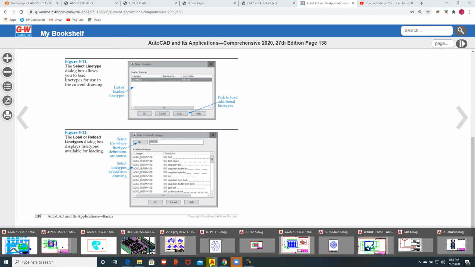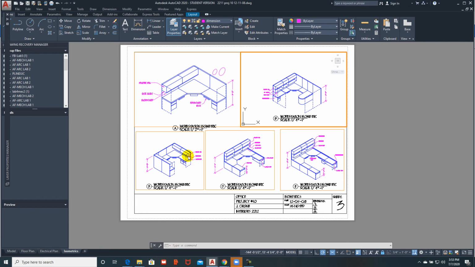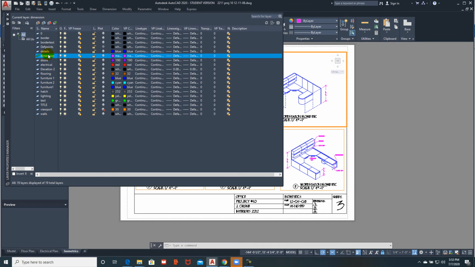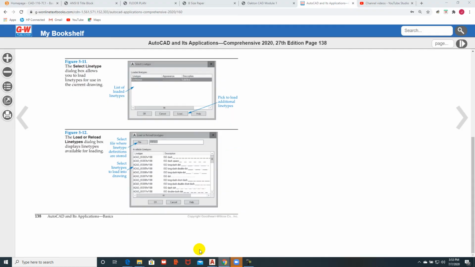And so you can come back in here, and if I go back to this drawing right here, and then I look at my layer properties for the details, and if we decide that we want to change the line type, what we're going to do